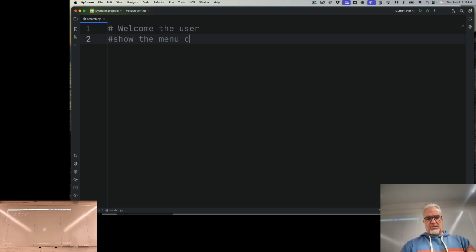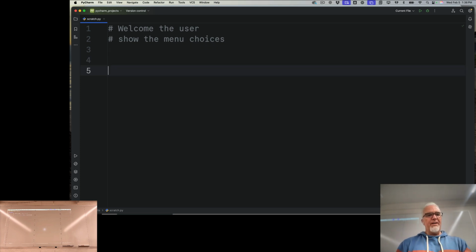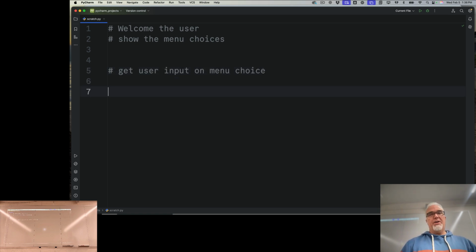Show the menu choices. So I'm just thinking through in comments what I want to do. Give myself some space here. I'm going to say, get user input on menu choice. So this is where I'm using my input here, I'm putting it into a variable. And then I'm going to